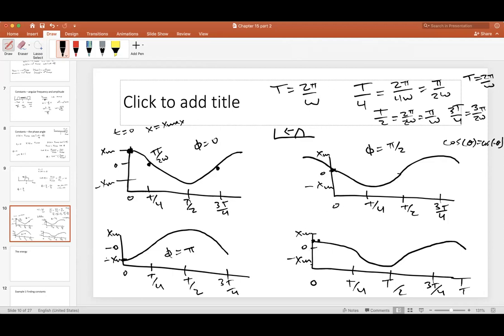We have an idea. What we don't have is a nice function for phi. But we still have that phi is arc cosine of x initial over x max. So all you have to do is look at the distance from 0 to here divided by the whole distance, and that gives you your phi. Okay? So generally, what you do